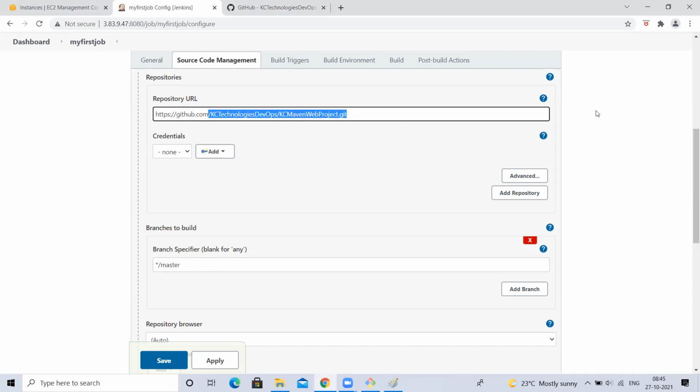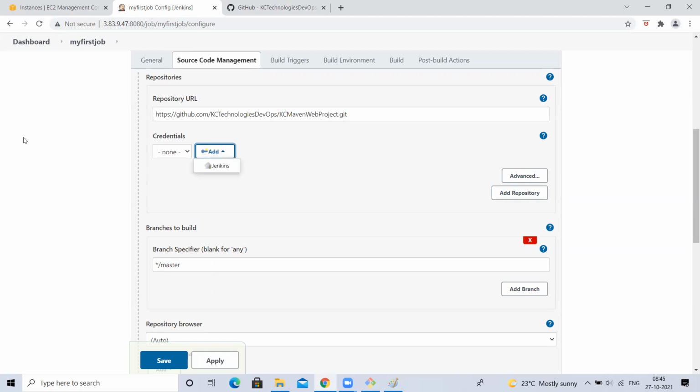Then my Jenkins tries to connect to that and it fails because Jenkins doesn't have credentials, username and password, to connect to this GitHub. How to give your GitHub username and password to your Jenkins? How to use that is here. Click on this, add. For now, this is a public repository, so even if you don't give credentials, it is not at all an issue. But if this is a private repository,